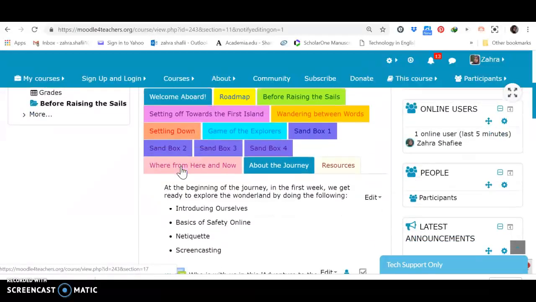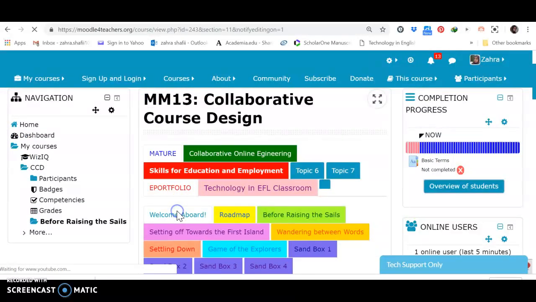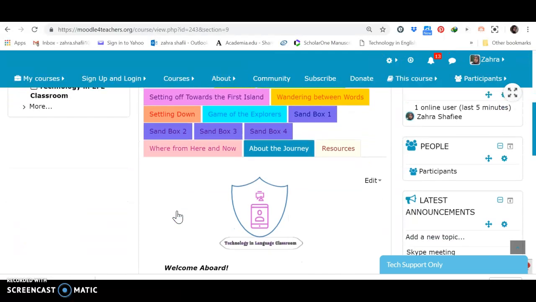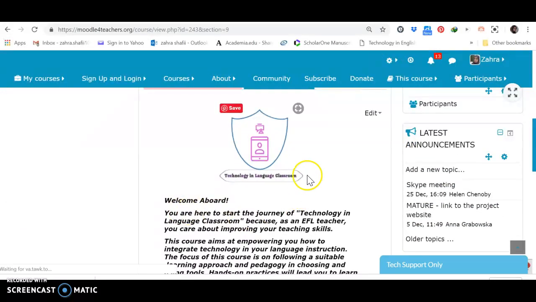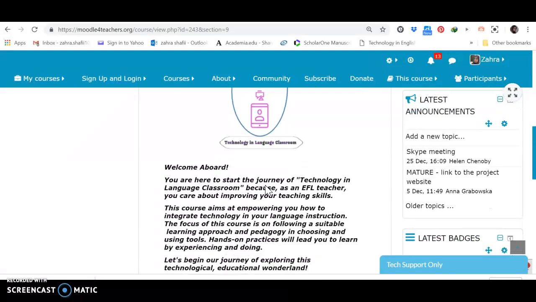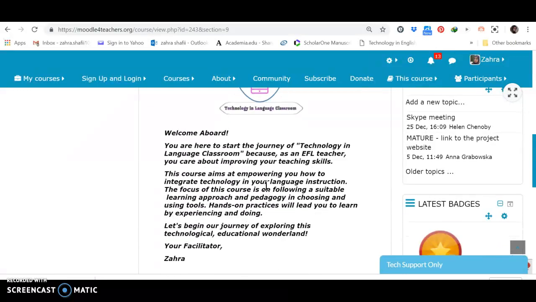Now on the welcome aboard page, let's see how I have introduced the course to potential participants. Yes, as you see here, first of all, I have added the logo of the course. I should add it at the beginning of every page and also on the certificate. In this part, first of all, I have introduced the course,